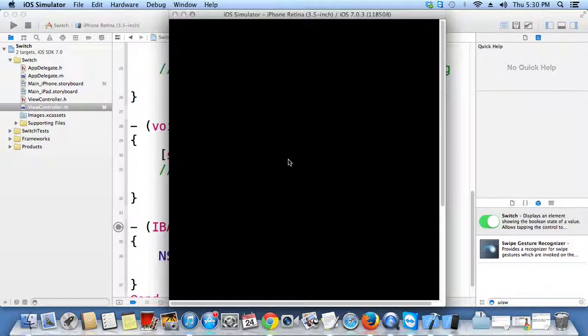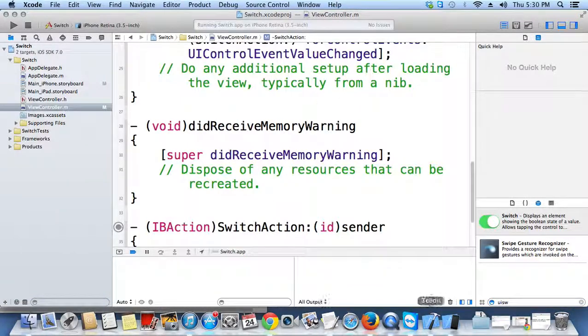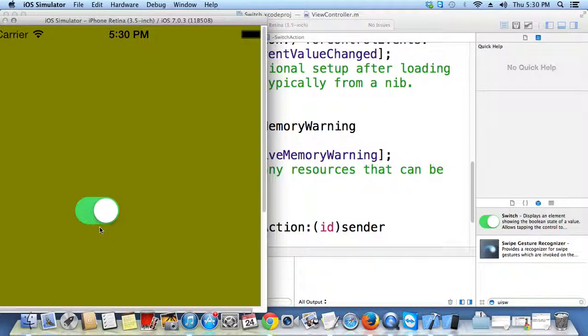For the first time it's running, it will take time. See, switch is off, switch is on, switch is off, switch is on.